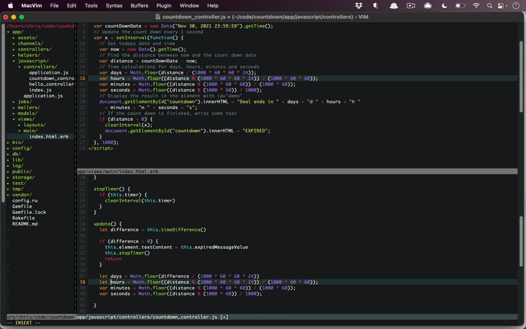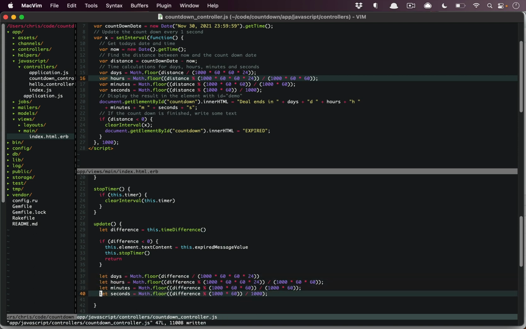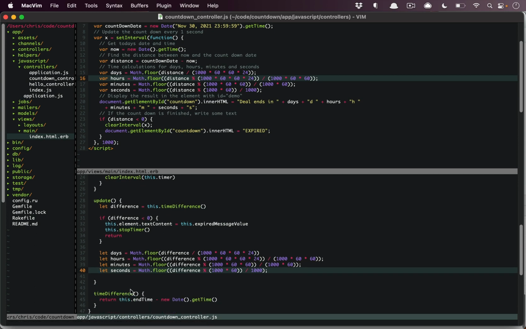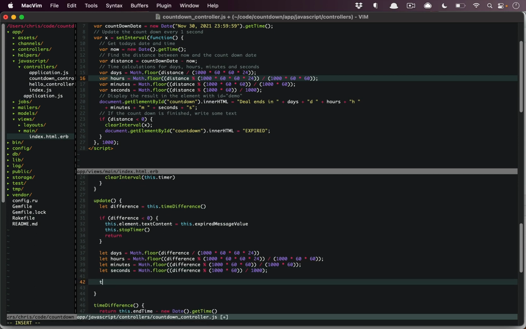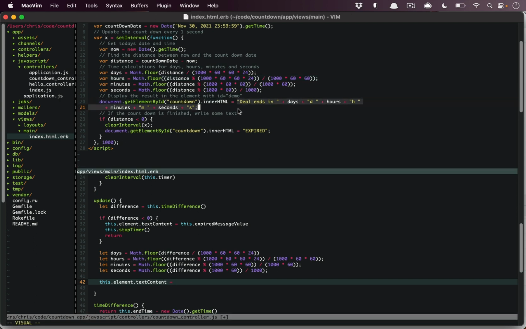And they do the same kind of calculation, but just give us the number of hours left, subtracting the number of days, and so on. So we'll change distance on each one of those over to difference. We can use that same calculation for that. And then we can go and say this.element.textContent equals, and instead of just adding strings together when we want to finally display and render our timer,